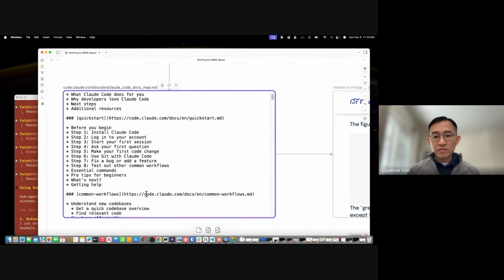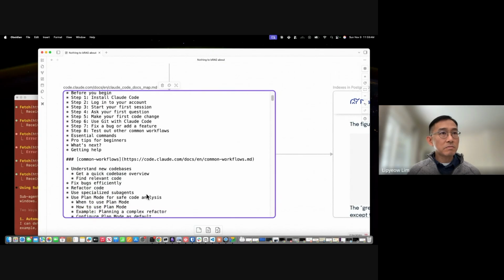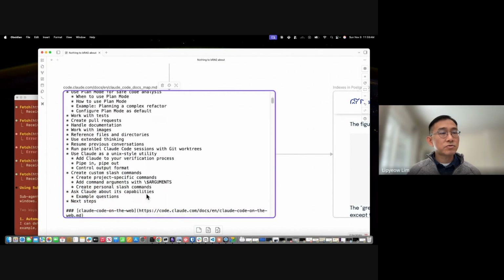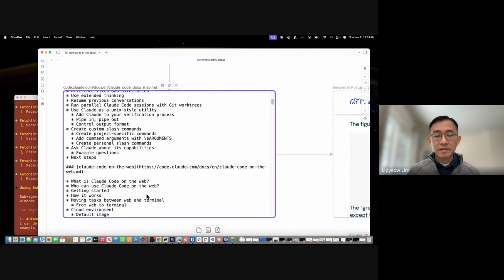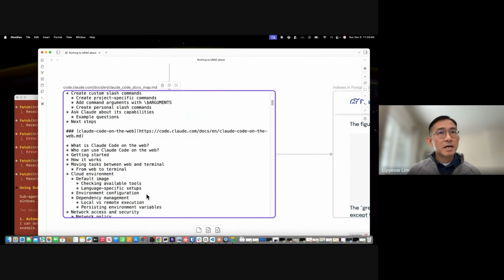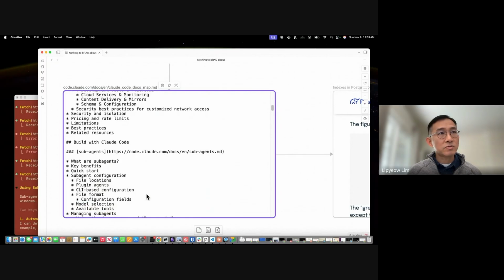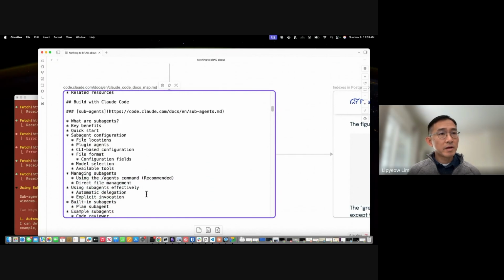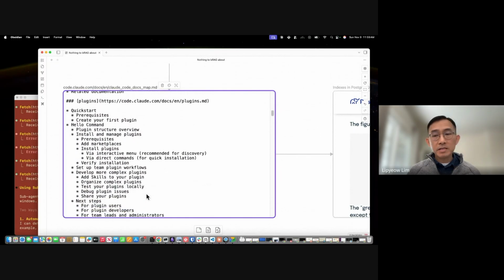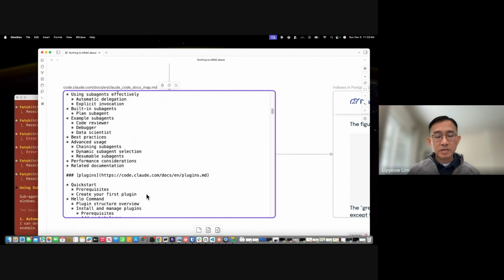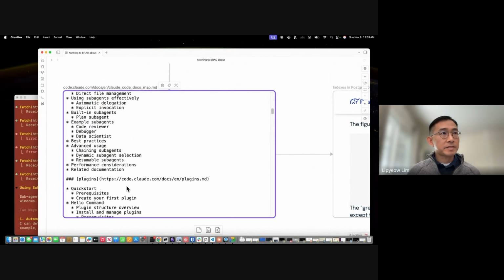So this seems very reasonable, and you see it's quite long. The map actually goes through, I guess, the top level documents in the Claude Code documentation structure, right? It is pretty effective most of the time that I search. It actually brings back the right information within one or two fetches, and it can then actually generate the answers